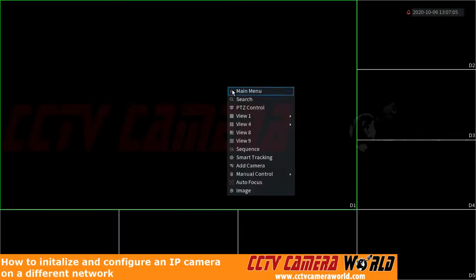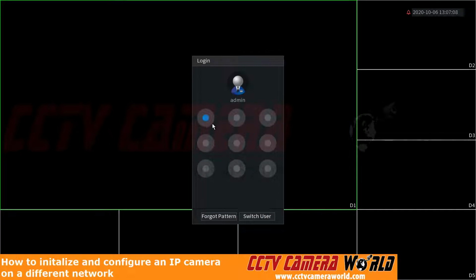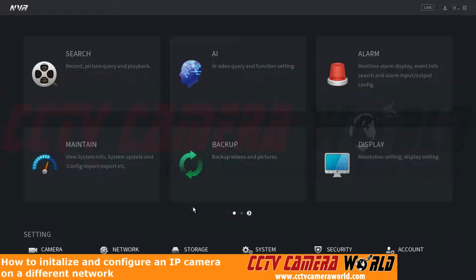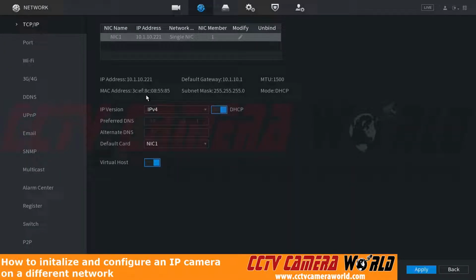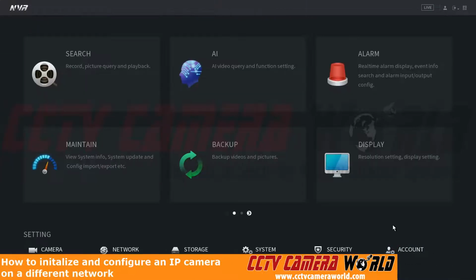So first, I'm going to right-click, go to Main Menu, log into the admin user using the graphical user password. And here first, I'm going to want to go to the network settings to check to see if I have an IP address on that network scheme. As you can see, and in the previous video, we set the NVR to DHCP to automatically get an IP address for this scheme. Now that I have this IP address on my NVR, I can back out of here and then go to